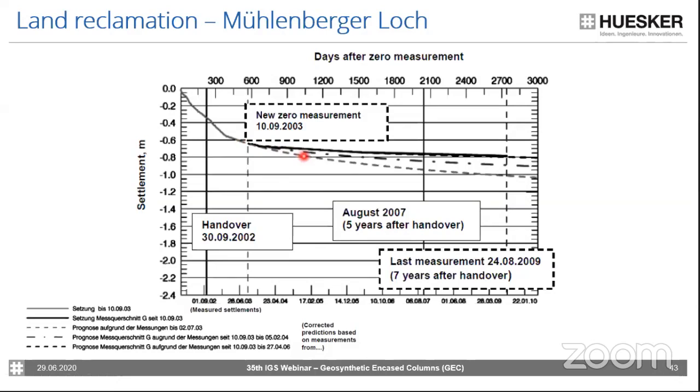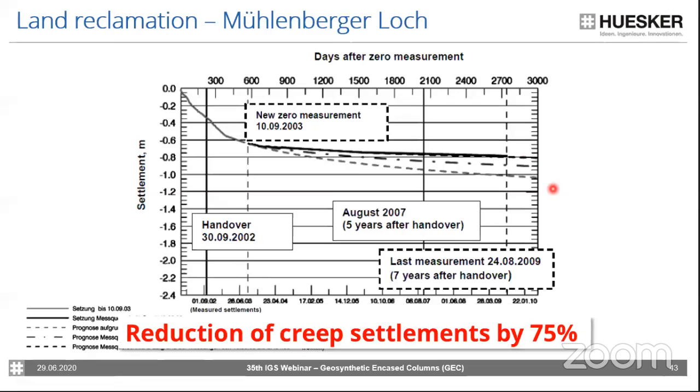The dashed line you can see here, this is the settlement prediction at the very beginning based on conservative assumptions. And then based on measurement results we had, which is the black line, the continuous line, this prediction had to be corrected until the real results could be met. And this actually gave us the idea that we can assume that the creep settlements can be reduced by 75%